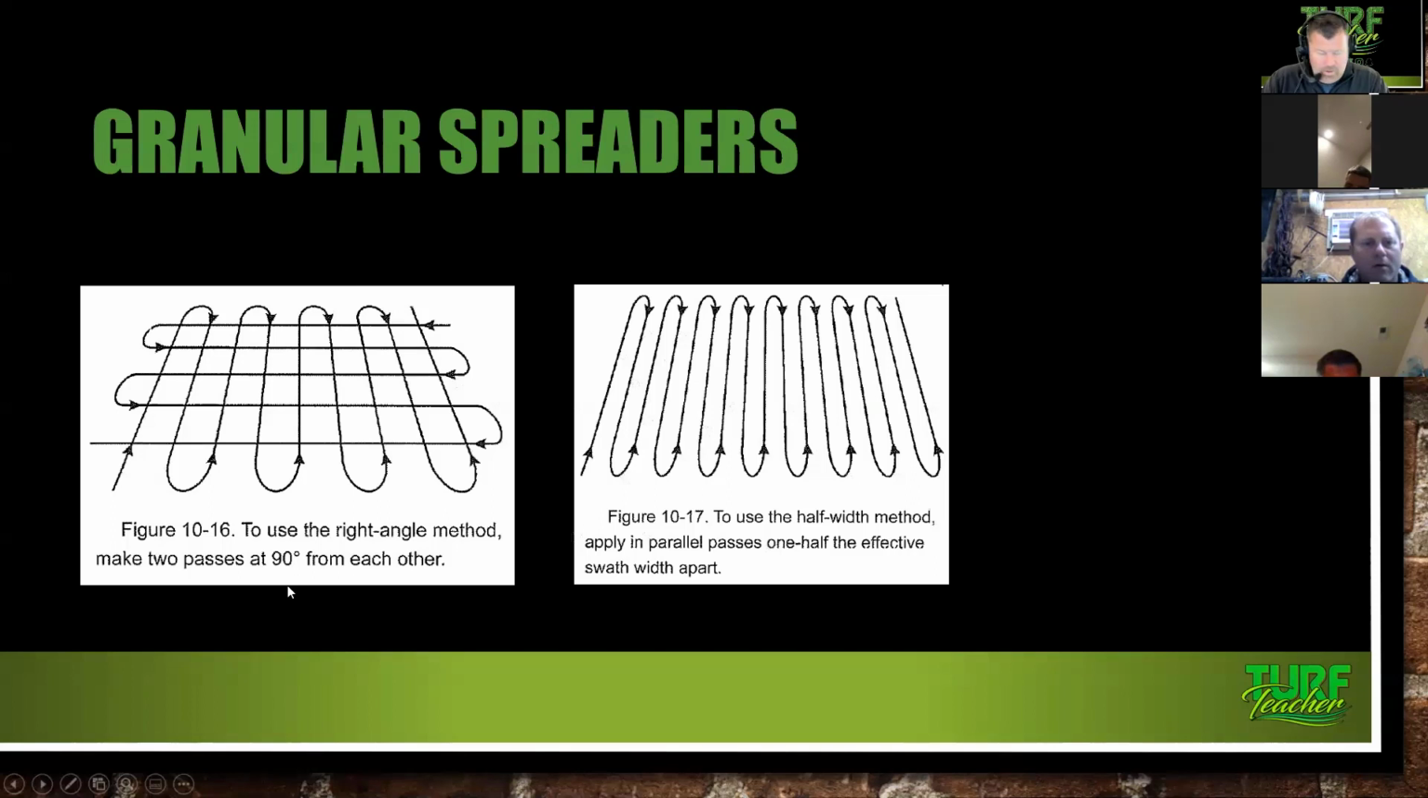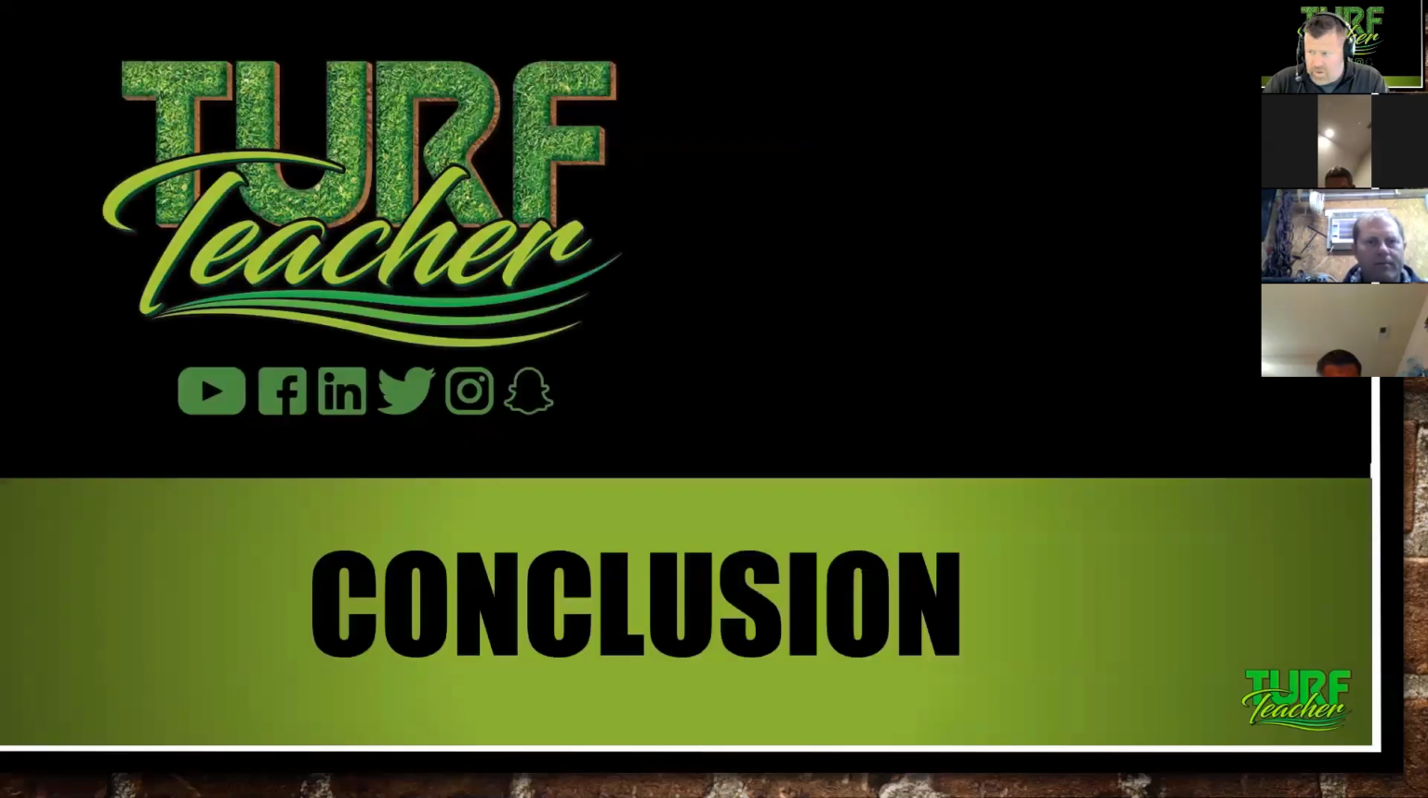And so when you're driving over the site, you can use the right angle method, make 2 passes that do 90 degrees from each, or you can do the half width method, applying parallel passes 1/2 the effective swath width. I like doing this because it just feels better going over the property once, and that's kind of how we do it. And so that kind of wraps up the